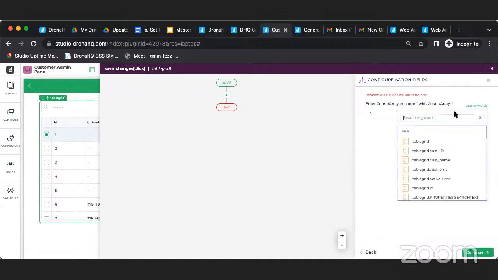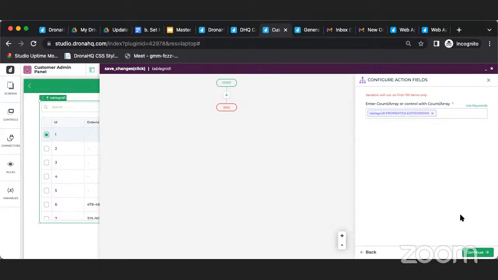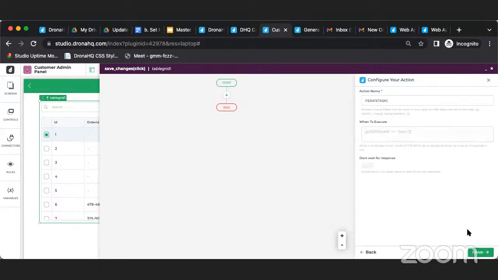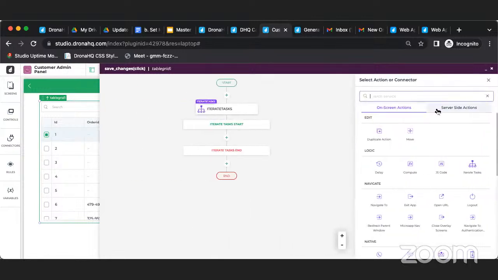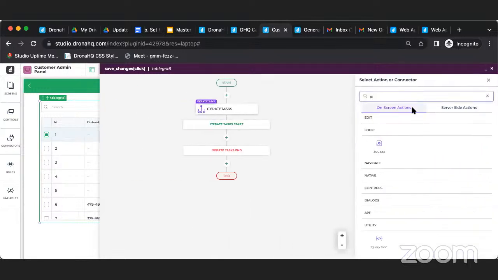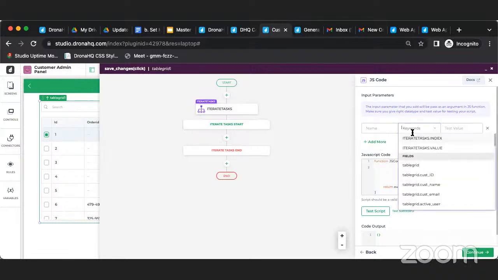Iterate task, the condition would be the table grid control, which is table grid 1. Table grid 1 dot properties dot edited rows. So we will loop through all the edited status items and we'll write a JS code block. Here the value would be iterate tasks dot value,